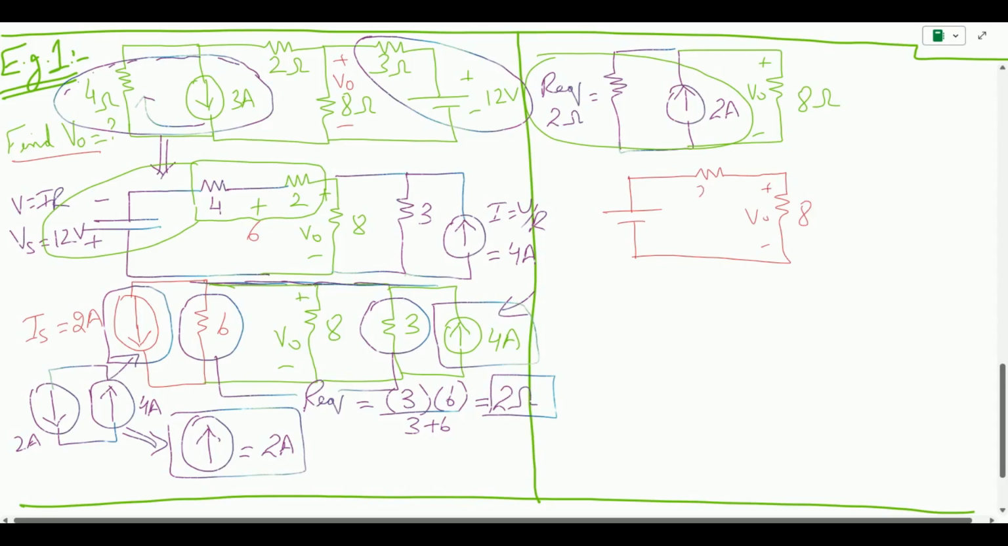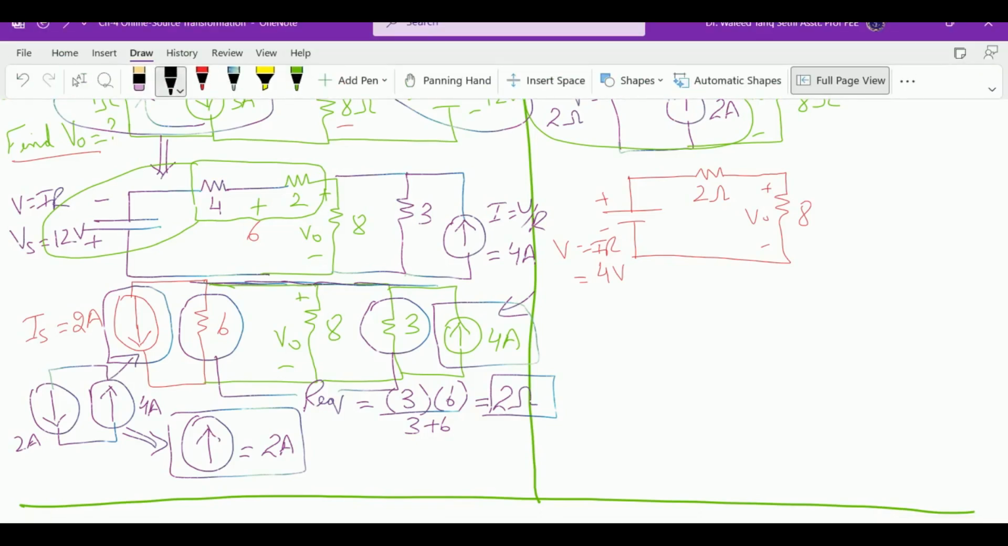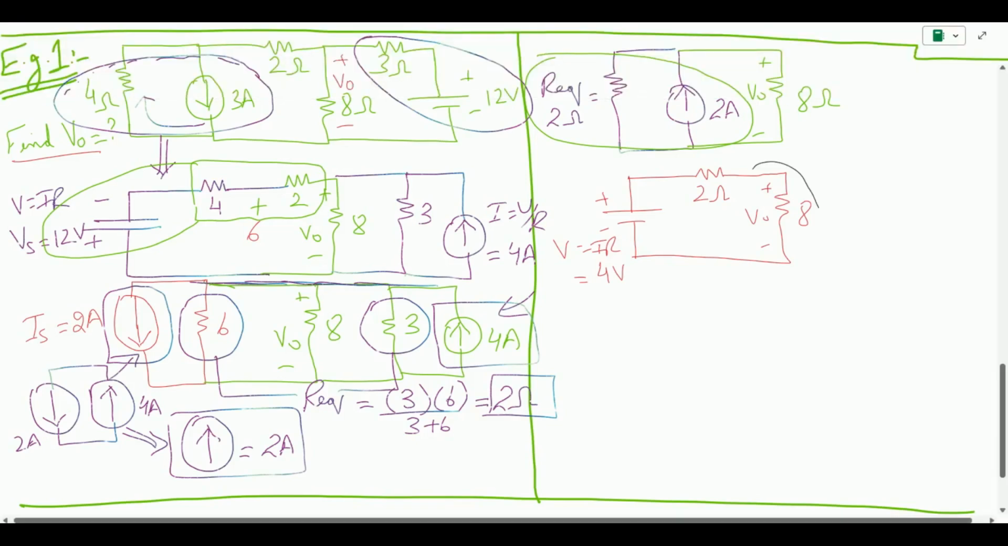So this is the 2 ohm, and this will be the voltage source where V equals IR, and the voltage comes out to be 4 volts. Now the circuit becomes very easy to solve. It is straightforward because I need to find this voltage, and I have a voltage source and the series resistor,